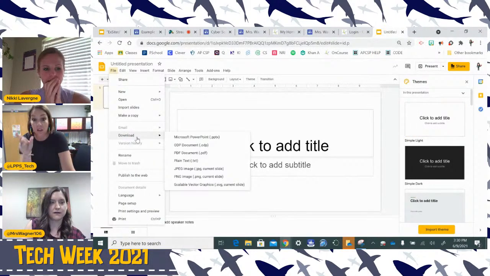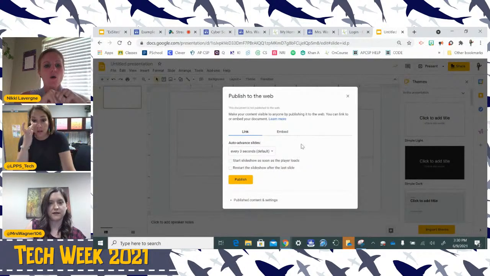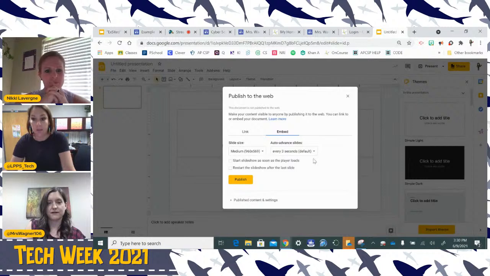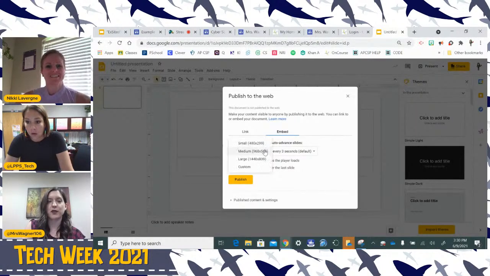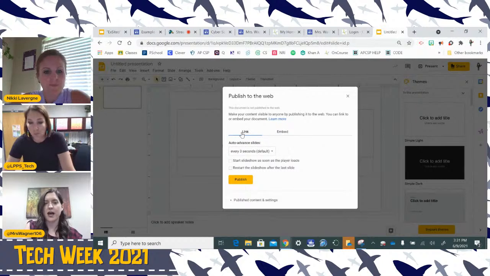You grab that code, which is the HTML code, and then when you put it in OnCourse on the website, you actually put it in as code and it'll show up like that. Yes, and you do have to play with the size, because I do remember that when I first published it, the sizing was off, and I had to play with that. But that takes just a few minutes, and then you're set.